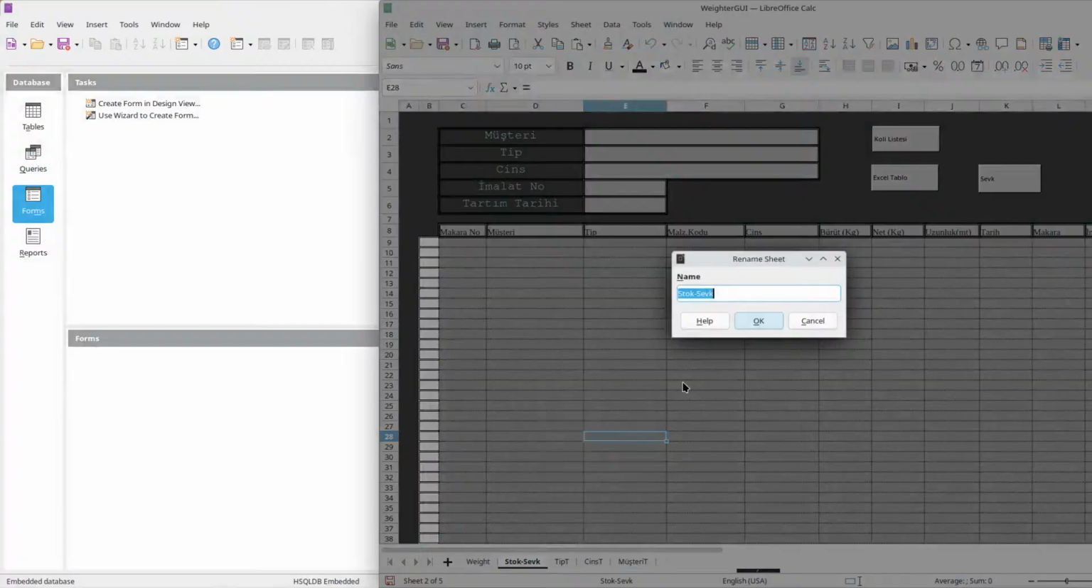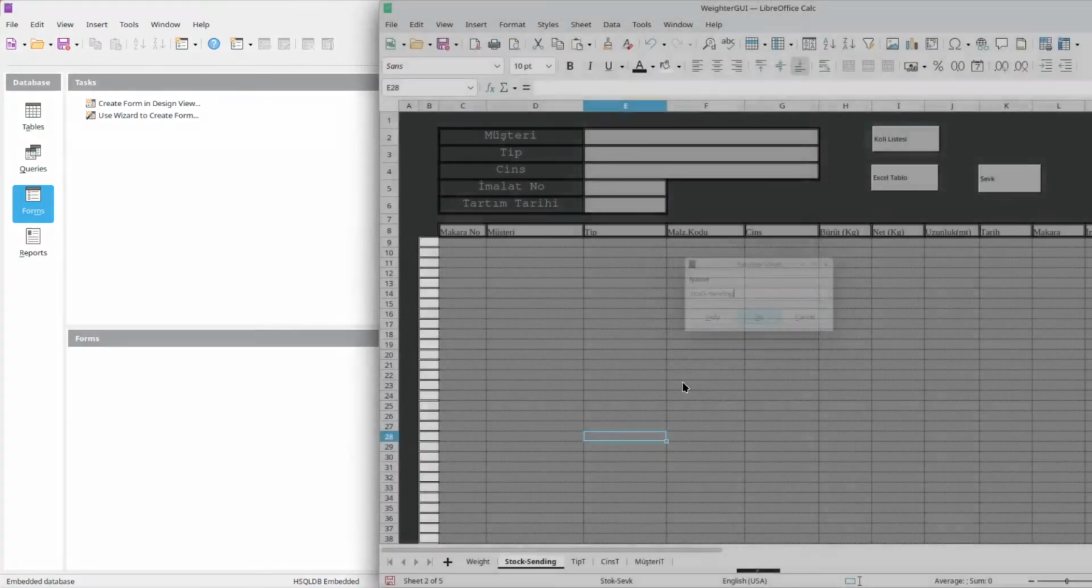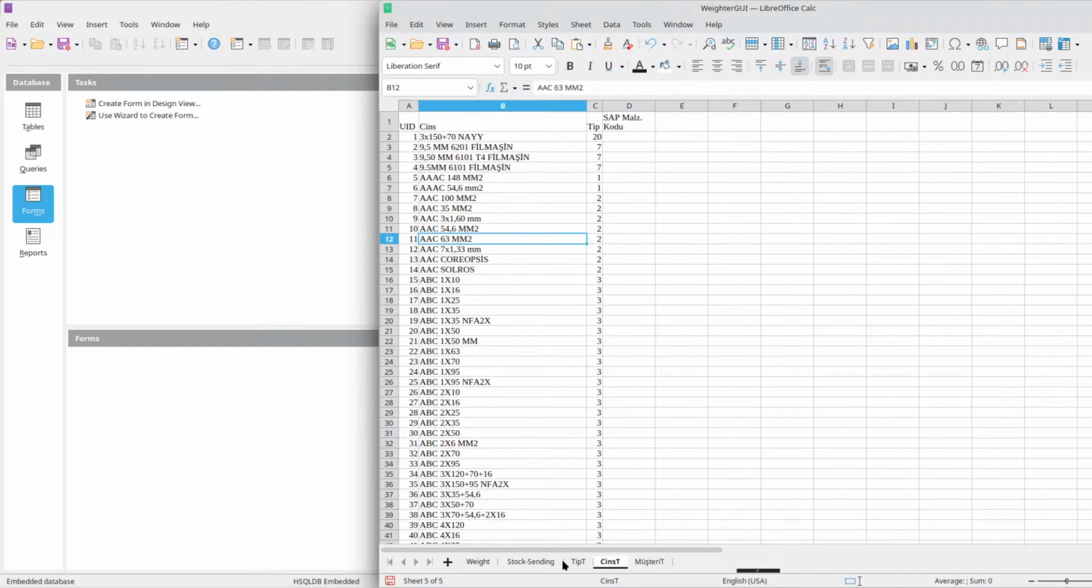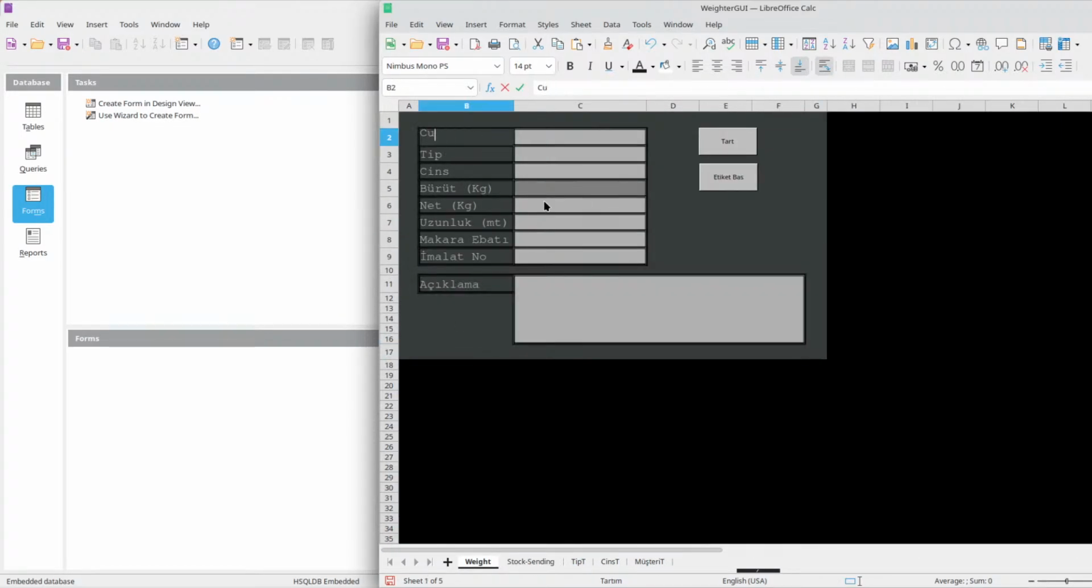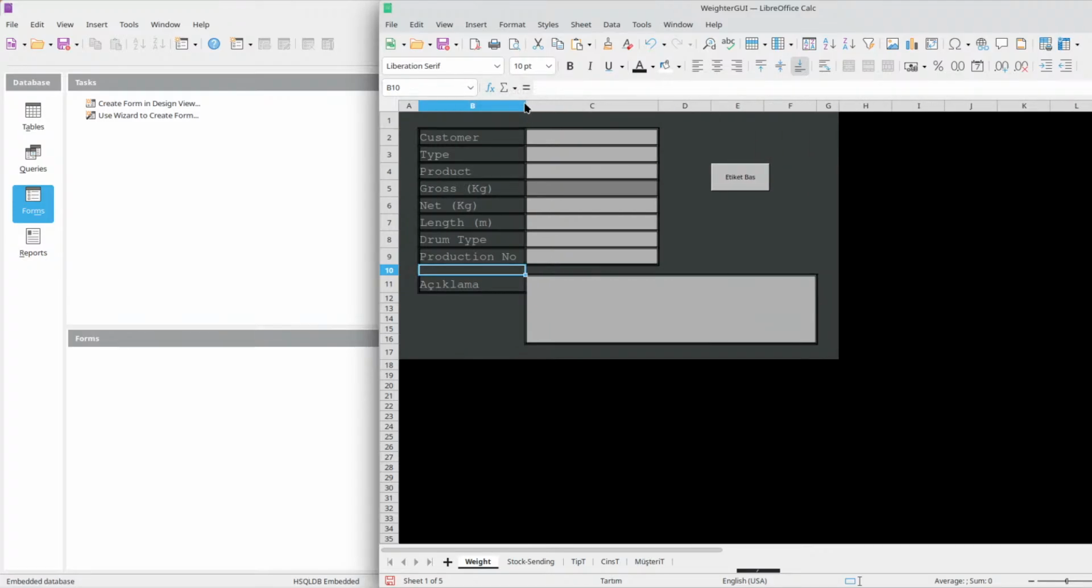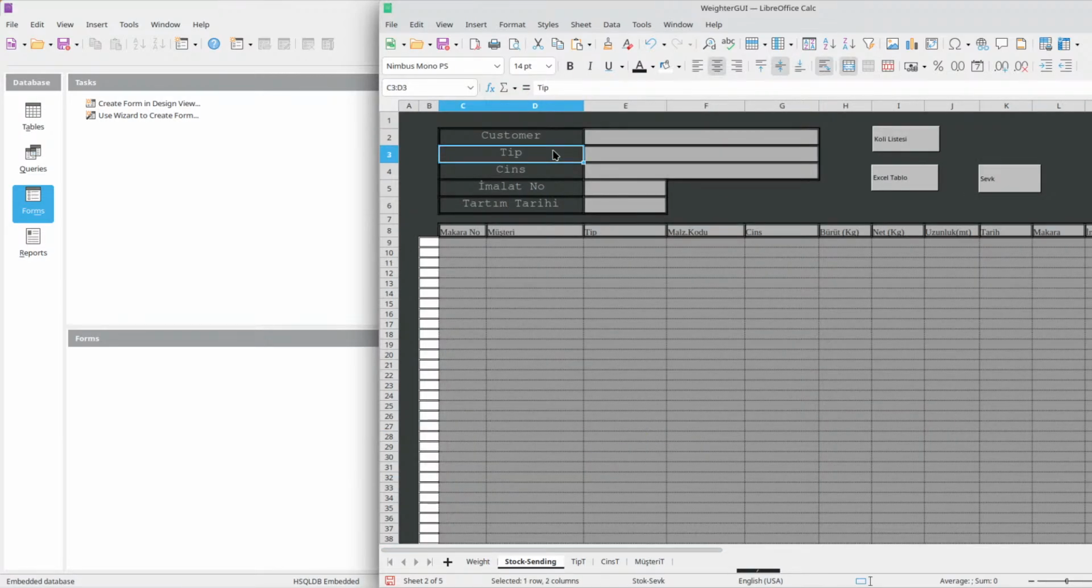Wait, stock, and sending, customer type, product, gross kilogram, net kilogram, length meter, drum type, production no, description. Okay, and customer type